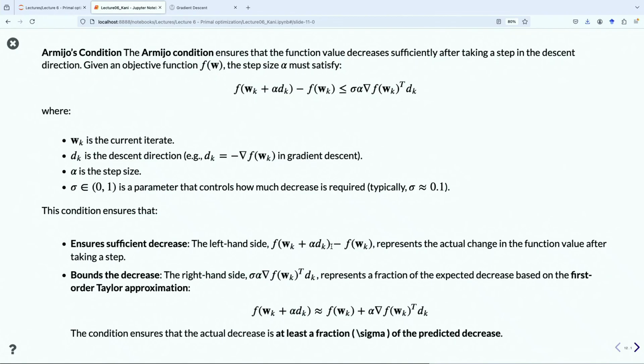And on the left-hand side, you are ensuring a sufficient decrease by basically saying that alpha could be as large as you want, and in fact, you want the step size to be fairly large. You want it to be almost exactly this value, so you want to keep the step size large as long as the step size doesn't get too large. Okay? That's the idea. You want the step size to be large, so you keep alpha large as long as possible, but you don't want the step size to get insane. You don't want it to get too large, which is why you have this bounding condition on the right-hand side